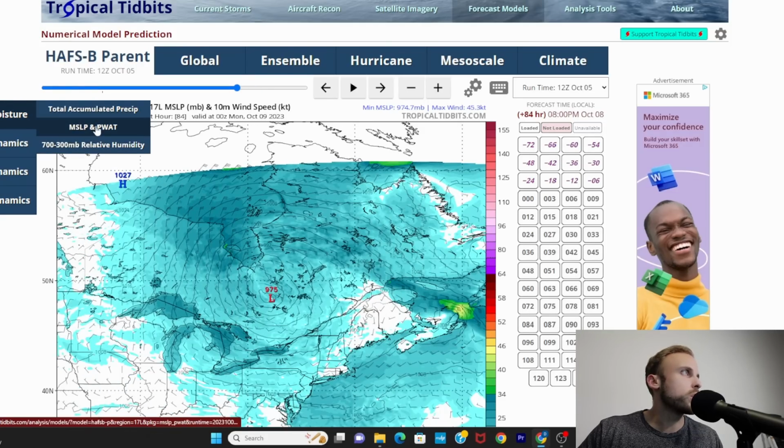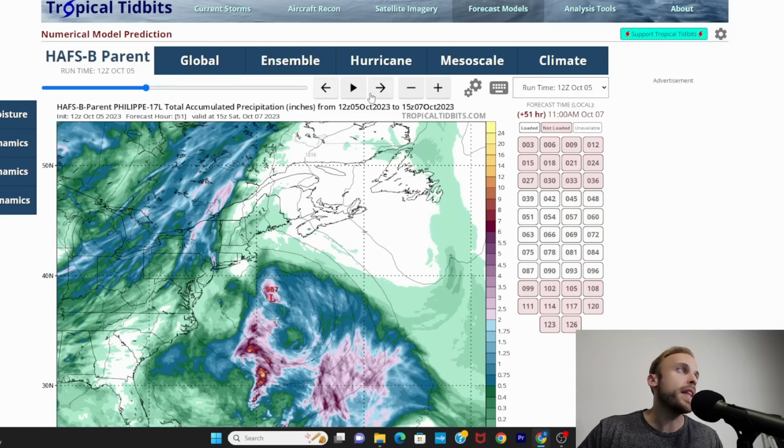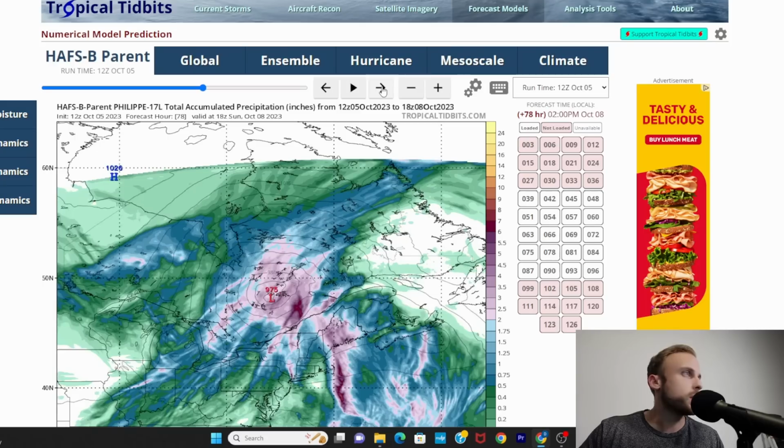We'll really quickly switch over to the precipitation. You can see the total precip with this is looking pretty good, and that's because we have that frontal system already dropping rain and snow up there. And then once you mix tropical storm, or at this point post-tropical storm Philippe, into the mix, you're going to see an increase in overall rainfall and snow with this, because you have all that cold air coming down to the left of the storm on the western flank, and then you have all of what's left of the tropical moisture mixing with the cooler air outside that's modified on the eastern half of the storm. So all in all, this is going to be a pretty torrential rain and snow event,